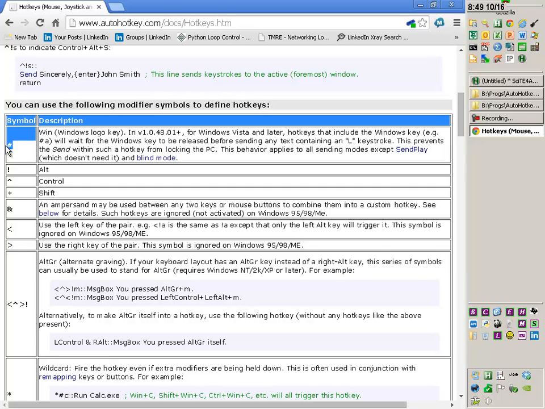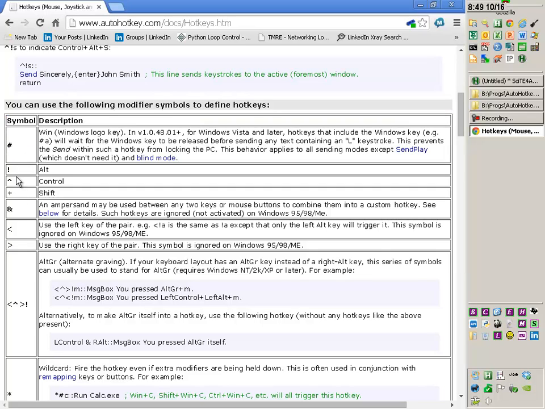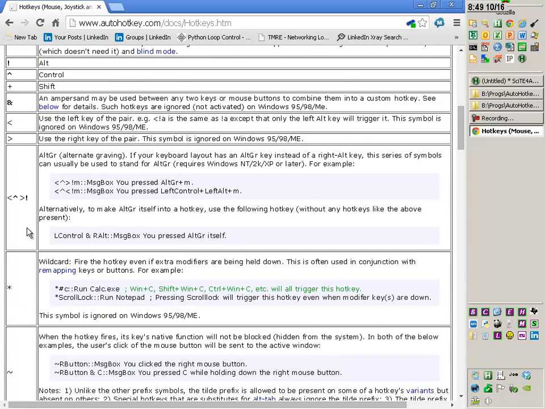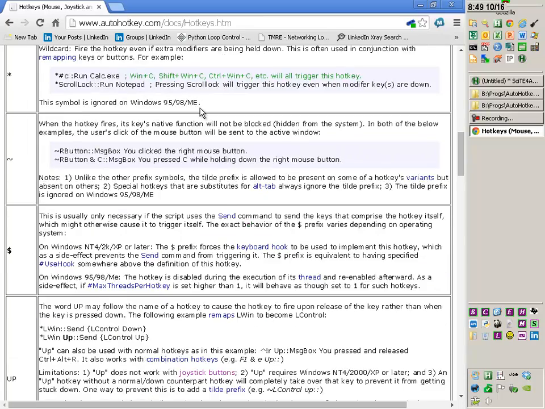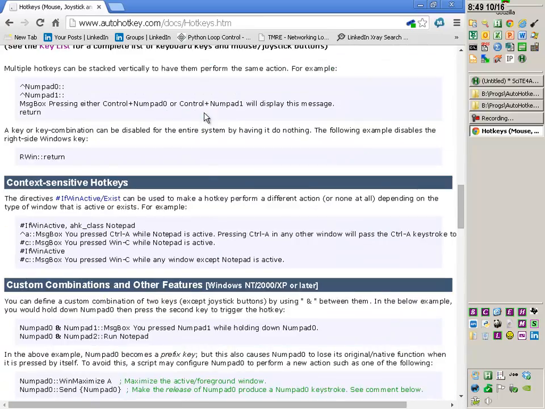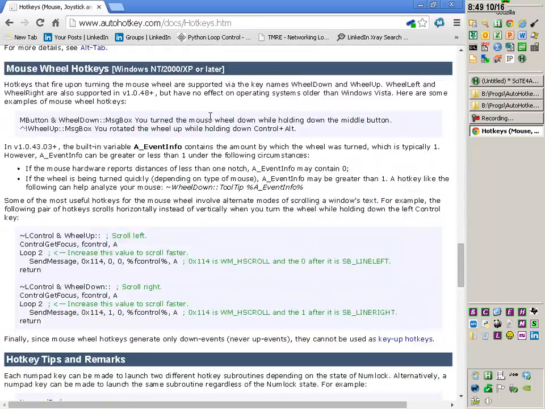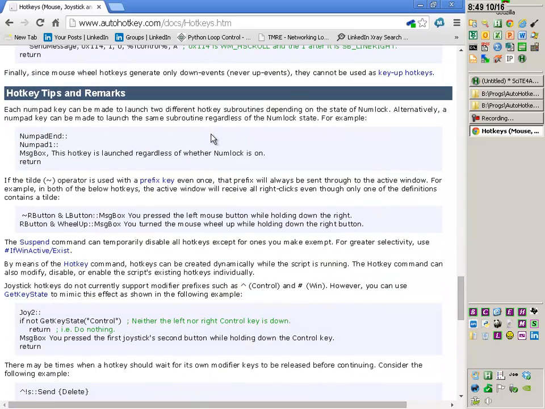So as I was mentioning earlier, the pound is the Windows key, the exclamation point is Alt, the caret is Control, plus is Shift, and the ampersand. What is the ampersand? Oh, sorry, that's for combining things. And then you can just scroll around and see there's 8 million trillion different ways you can do stuff. You can set things up to